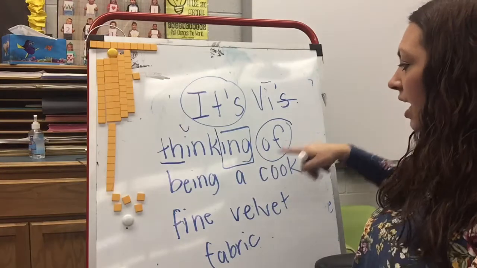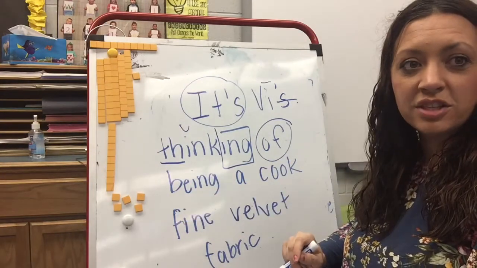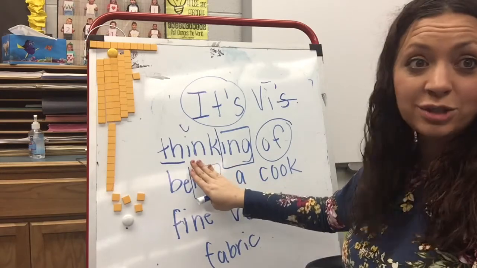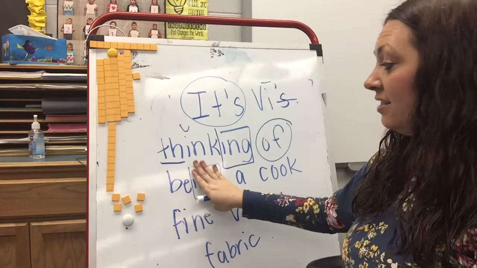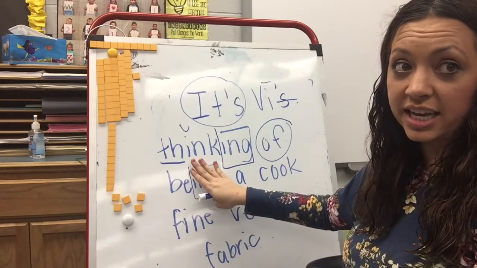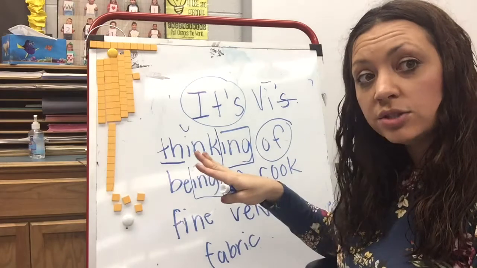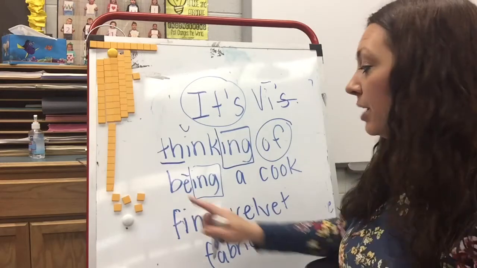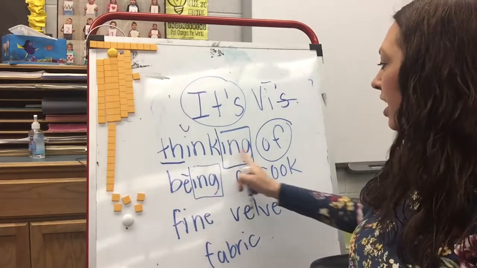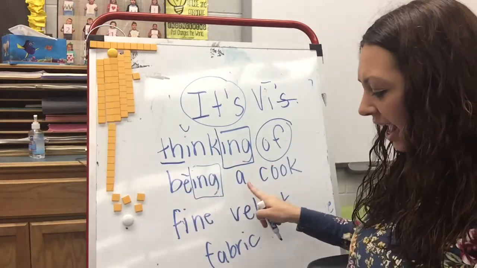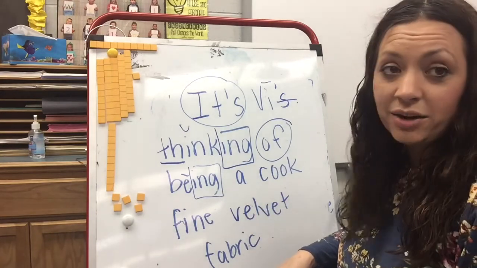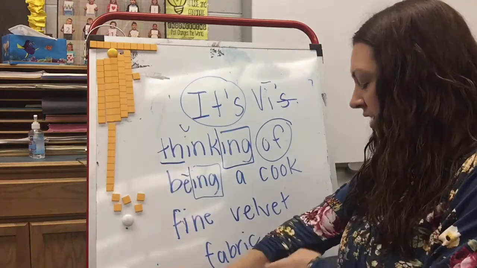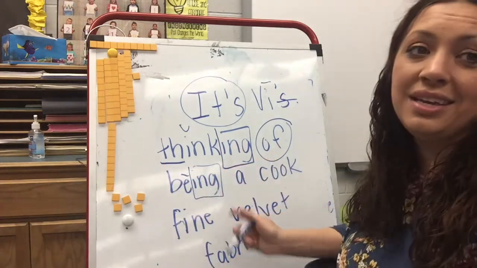So thinking of, what about this word? Look at the end of that word. It's got the ing too, so I'm going to box it off. Now the first part of that word's really easy now. My E doesn't have anything behind it because remember that ing is like there's nothing there right now. So it's open, so it's going to be long. So I'm going to put that macron on top. So B-E, be. So being. So thinking of being. I have A by itself. And I know if A is by itself, it's just going to say its name, right? But when we sound it out, thinking of being a,